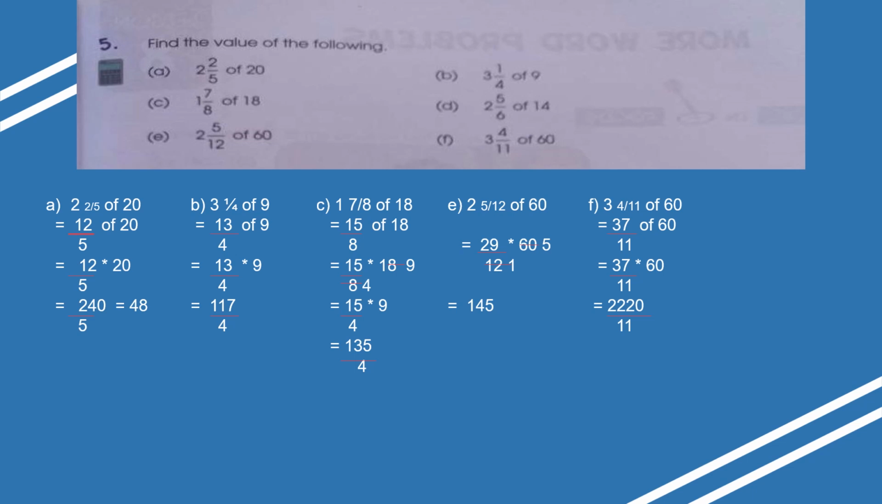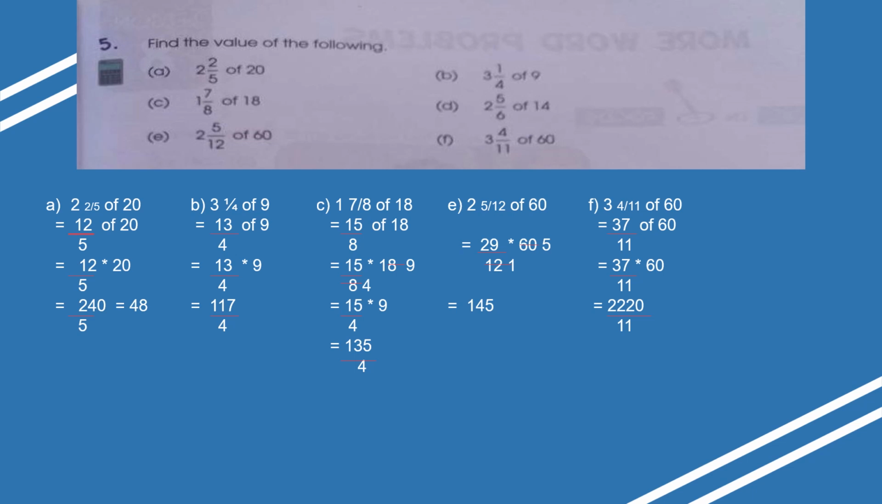And also we can reduce this fraction further, otherwise the answer will be in points form, so we stop it here. In part C, we have one whole number 7 over 8 of 18. So after converting one whole number 7 over 8, we have 15 over 8